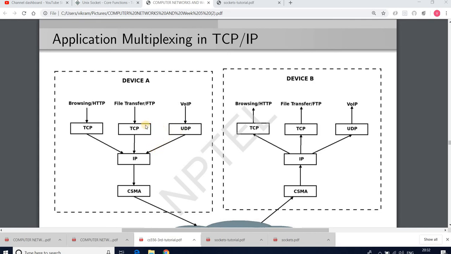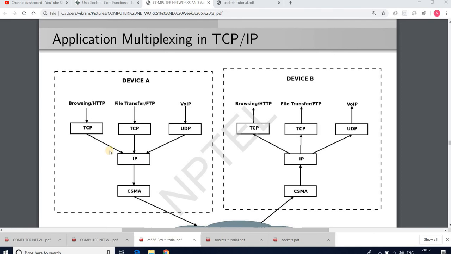If you have browsing with an HTTP application, it will run with the help of TCP. If you have a file transfer or FTP kind of application, it may run with the help of TCP. If you have an application like voice over IP, it may use UDP. All these transport layer instances of the protocol stack interact with the IP layer.